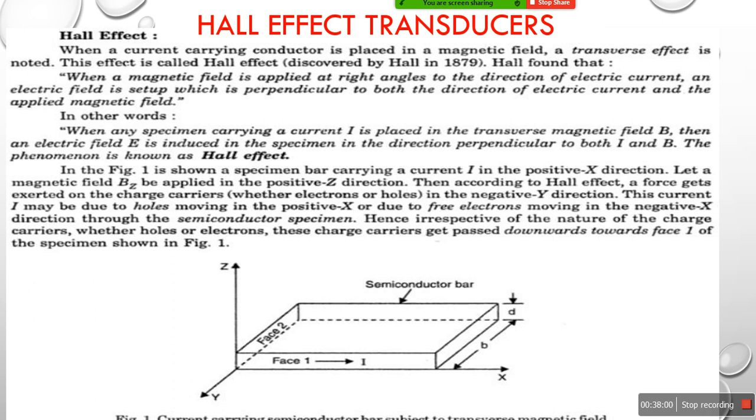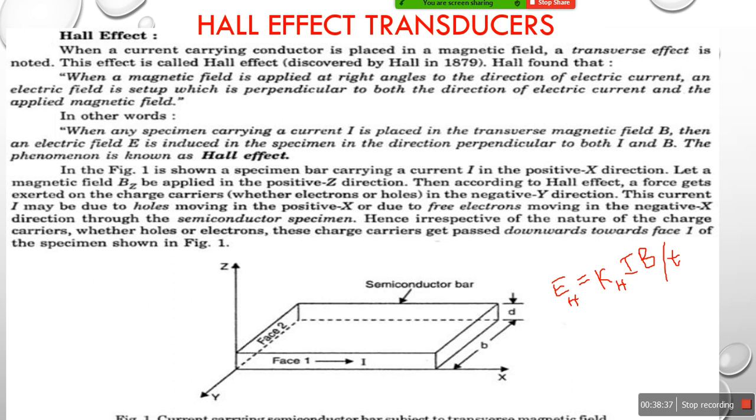See, what is electricity, or how is the current generated? Nothing but the flow of the charge carriers. So when these charge carriers are flowing, they get passed downwards towards the face of the specimen. That means these charge carriers will be increasing in number, because on one side is the electric field and on the other side is a magnetic field. Now both will have charge carriers. As soon as the charge carriers increase, they start passing towards the other direction, which is the downward direction, nothing but the y direction. So hope it is now clear about the Hall effect.